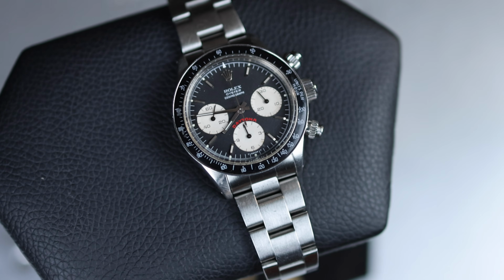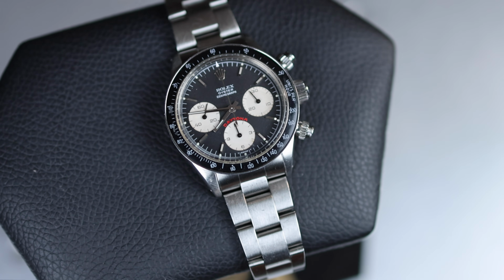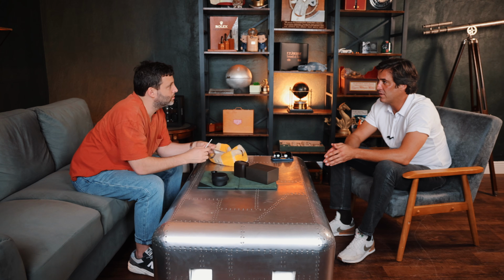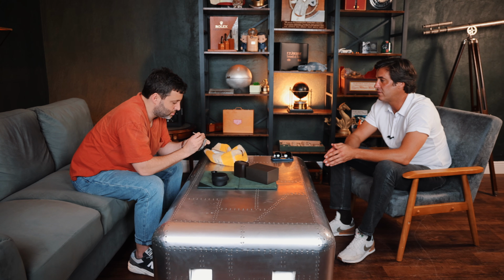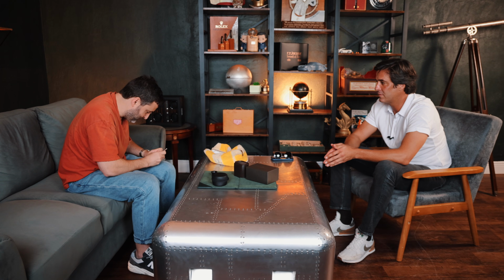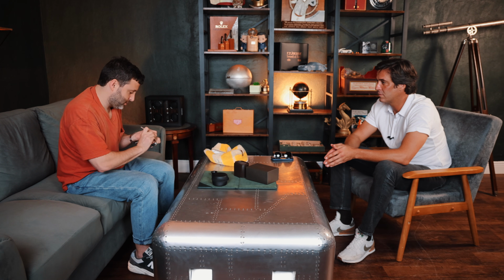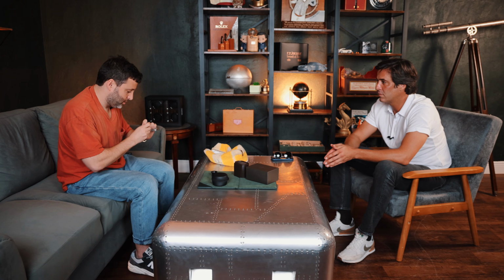Looks very nice. And I had it serviced when Bucherer in Geneva was able to review them. I have that receipt as well. Okay, cool. It was serviced 18 years ago, so it probably needs a service as well, but that's okay. The case is very nice. The dial is very nice. The bezel doesn't have any cracks. Hold on, I need to get a...